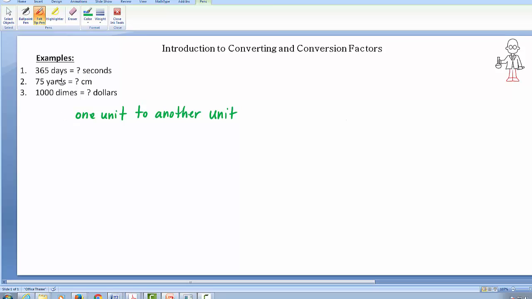It does not take a lot of thinking to set up these problems where we want to convert from one unit to another. There are some specific rules that we will need, and when we get to metric conversions, the same procedures will apply. So the first thing that we want to do when we convert from one unit to another is we want to establish